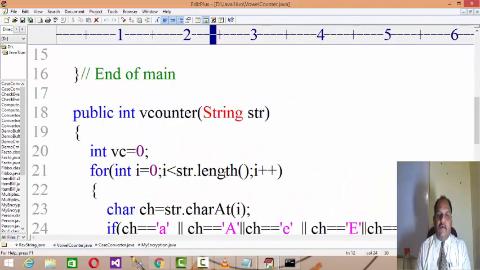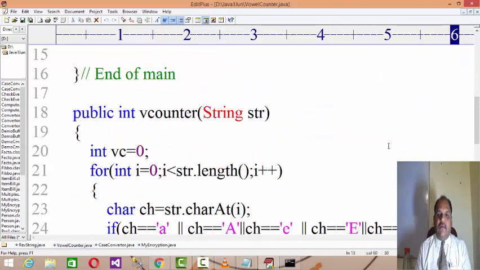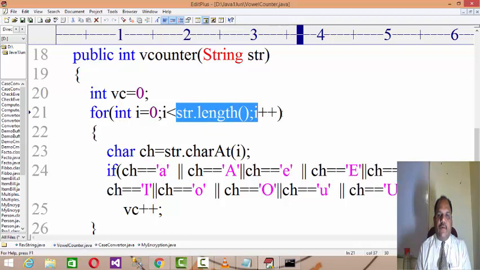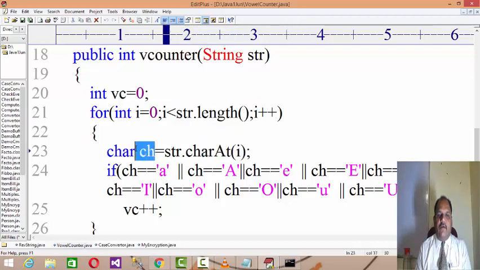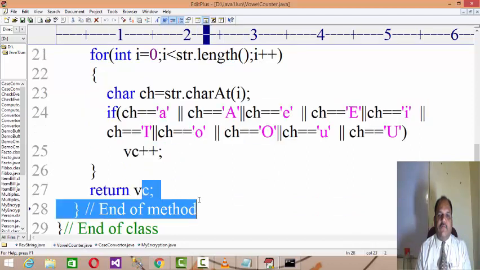And then here is the method by the name of vcounter. vcounter is a method which accepts a string from the user and computes the total number of vowels available in the string. So whenever you call the method and pass the string of which you want to find the number of vowels, that str will get the string over there. int vc equal to 0, int i from 0 to string length, you set the loop. str.charAt(i) will extract the character at that position, and if that character matches A, E, I, O, or U, vc++, and return that vc.